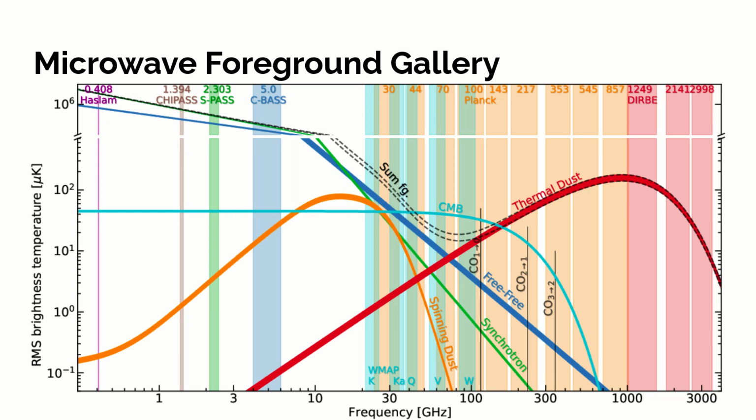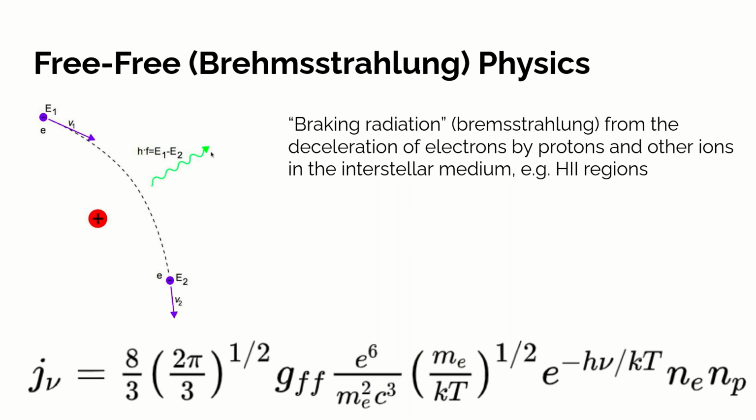And in this lecture, we'll be focused on the blue free-free line, the black CO lines found here at 115, 230, and 345 gigahertz, and the CIB emission, which has a spectrum similar to that of the thermal dust emission. We'll start with the free-free or bremsstrahlung emission, which many I'm sure are familiar with, which is given by